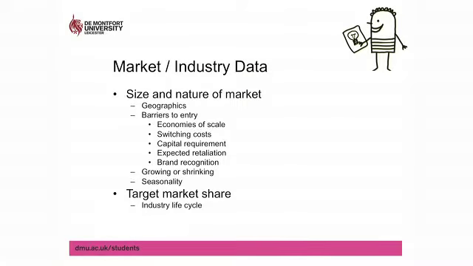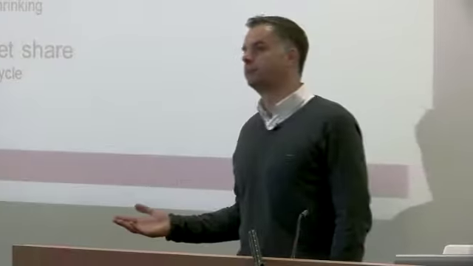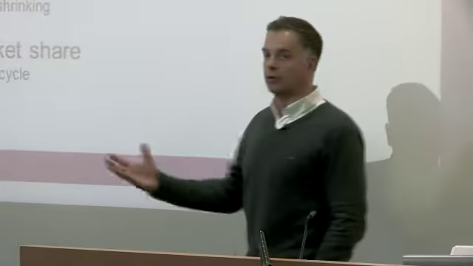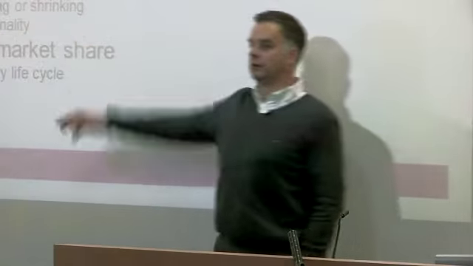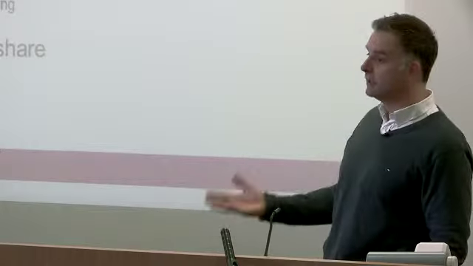Other things we look at is the market growing or shrinking. There has been lots in the news at the moment about the economic conditions of the country. We've been in what has been a very deep recession, but now we're coming out of it. Certain sectors, certain industries are coming out of it faster than others. So where is your industry in terms of where it is coming out and how strong? And I've already talked about aspects of seasonality. So if your items are being sold as a gift occasion, then there are some great gift occasions out there that you should try and focus and target.